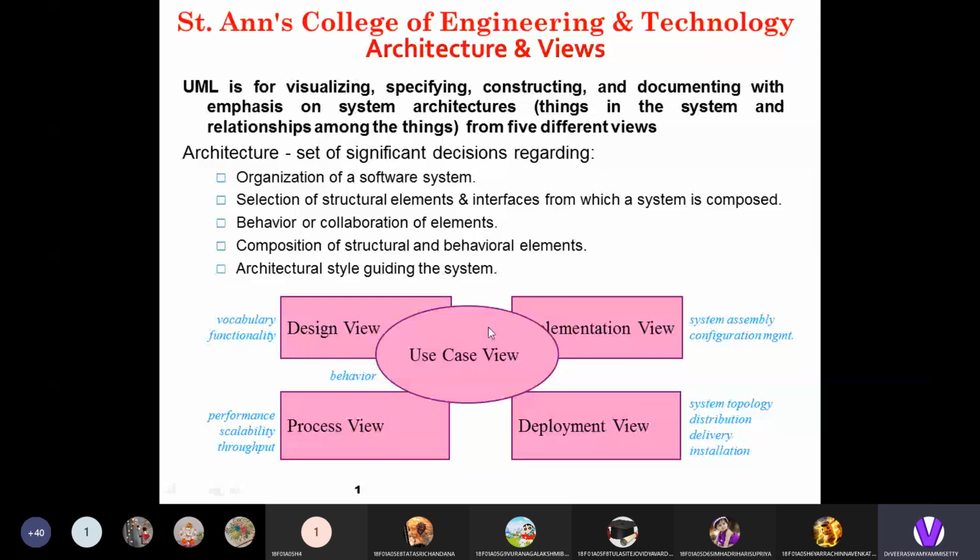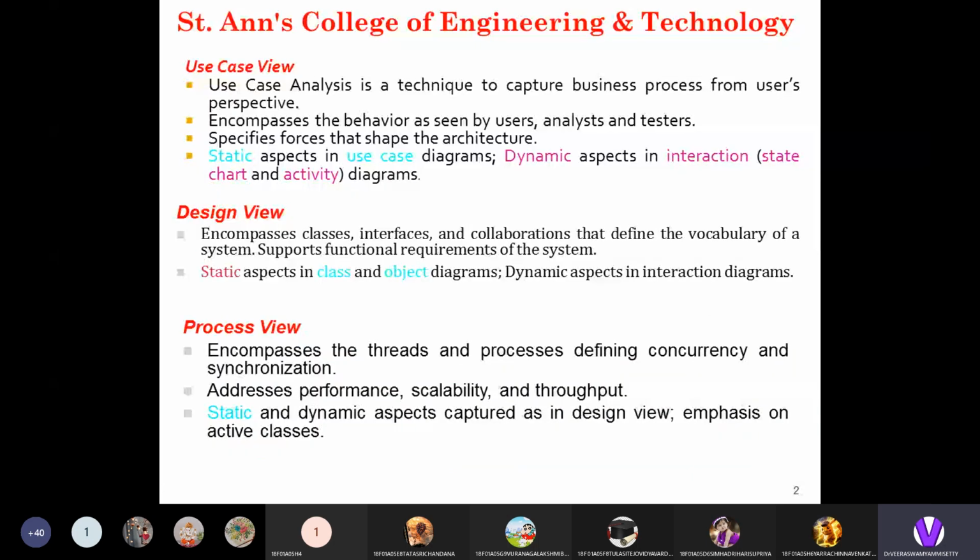First we can see the use case view. Use case analysis is a technique to capture a business process from the user perspective. It emphasizes the behavior of the system as seen by different kinds of users, analysts, and testers.